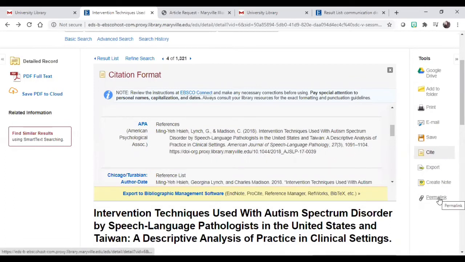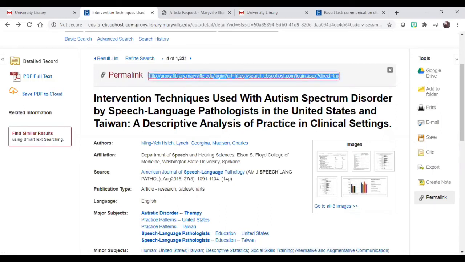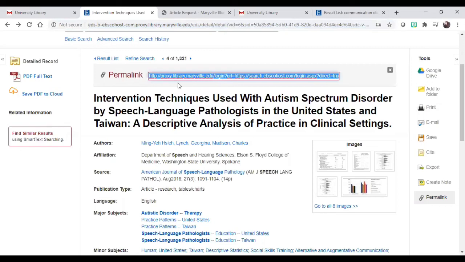The last thing I want to show you on this page here is going to be this permalink. So it's at the very bottom of the tools box. And what it does is it pops a new URL just above the title here. So this URL is going to work on or off campus for as long as you have access to this link. So if you use the link at the top of the browser, it's really long, very confusing, and it will not work again. The second you copy and paste it over and you click on it, it will give you an error message. So you definitely want to make sure that you find the permalink. So sometimes you need a URL for a citation. This is the link you will want to use.